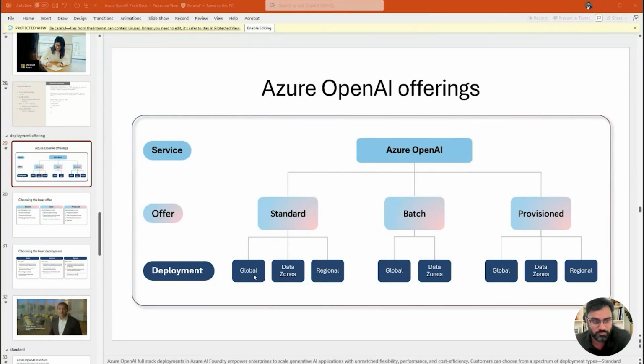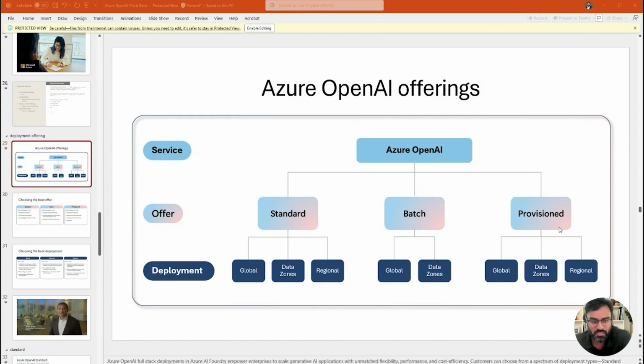But that might have some latency issues because you are using a shared model. So to eliminate some of these latency issues, you can do a global deployment. What global deployment will do is you will have 3 standby regions available all the time. So in case one of the regions is having some latency issues, it automatically routes to a different region, and you will get a response quicker. So you can explore this global deployment model.